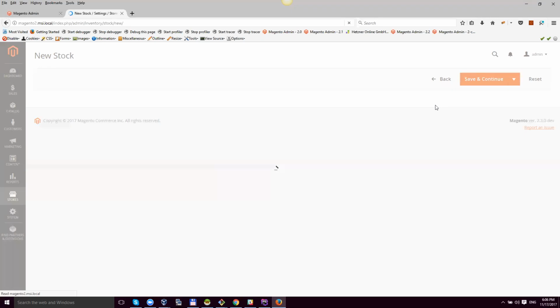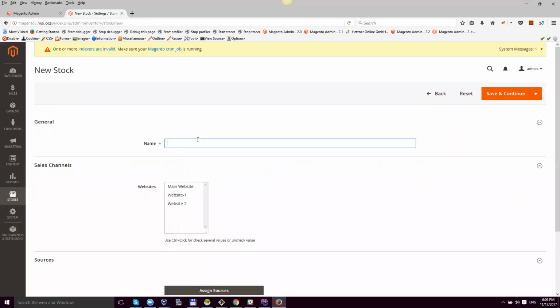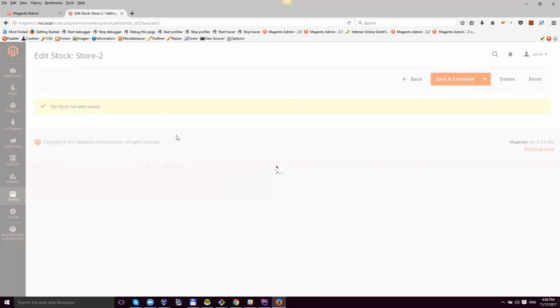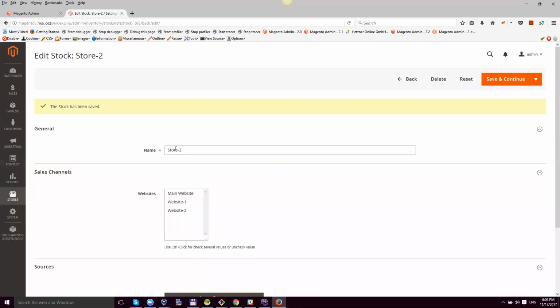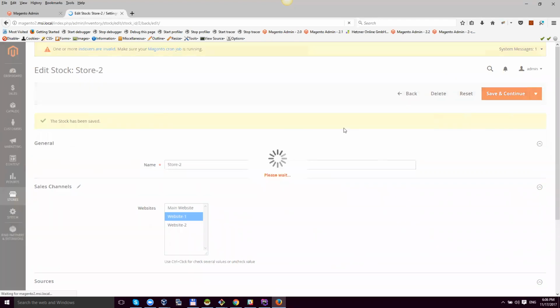If you create a website, we will work with the default stock by default. And next small improvement, for example, I would like to create some new stock. Not store, but stock. And we can see that we have the possibility to delete the stock because the stock is not assigned to any website. If I assign the stock to some website,